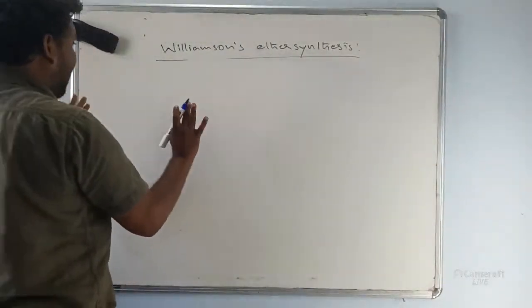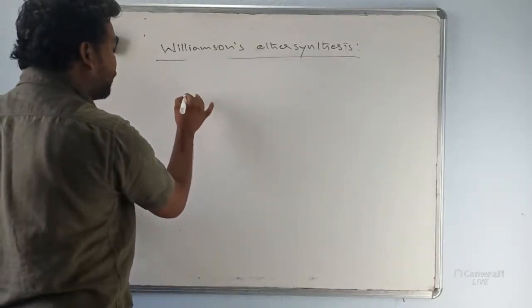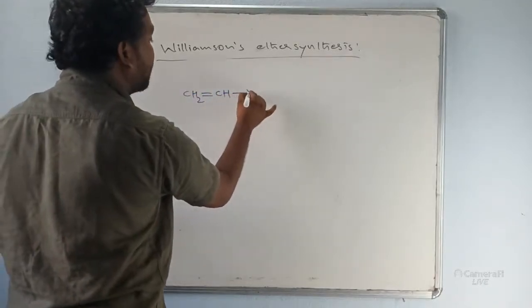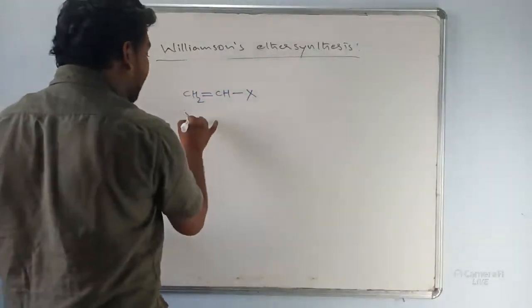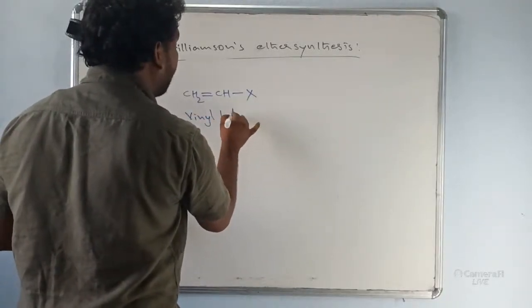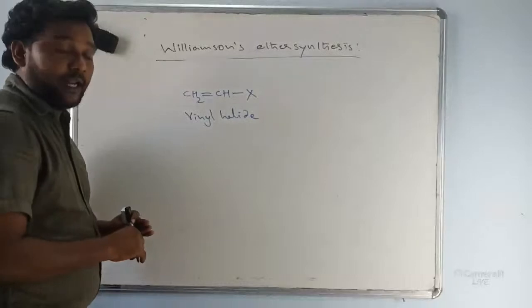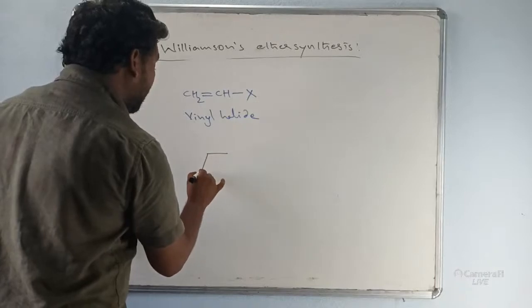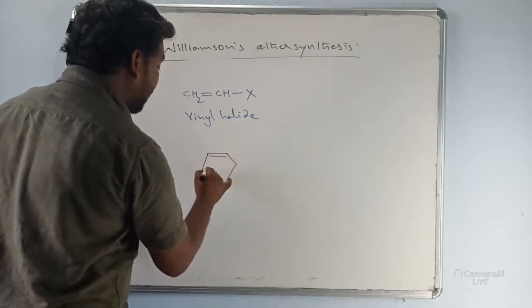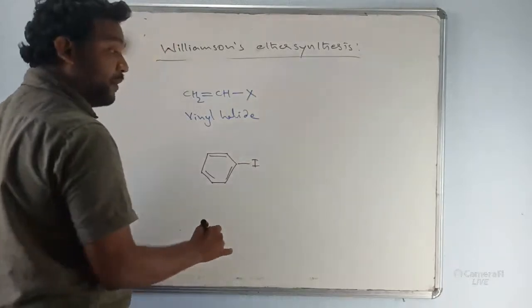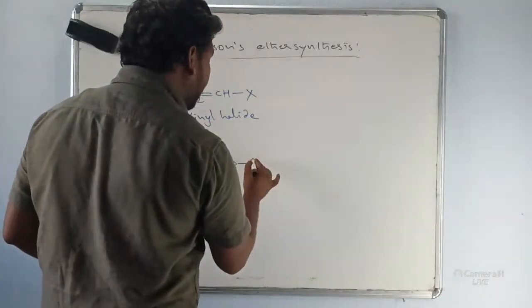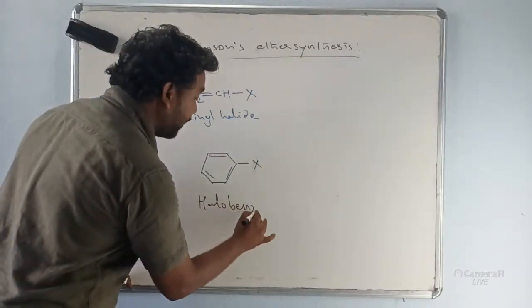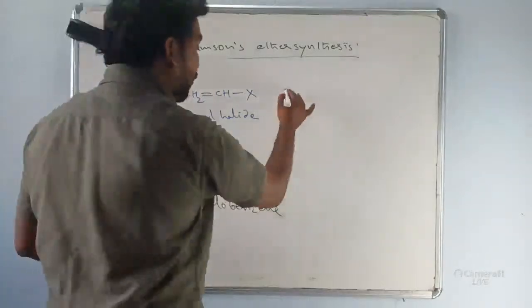In Williamson synthesis, as we know, vinyl halides, CH2=CHX, are vinyl halides, and the aryl halides, which are aromatic halogen compounds. Suppose you take chloro, bromo or iodo, anything, say iodobenzene or chlorobenzene. Just take the halobenzene, an aromatic halogen compound. So these two compounds